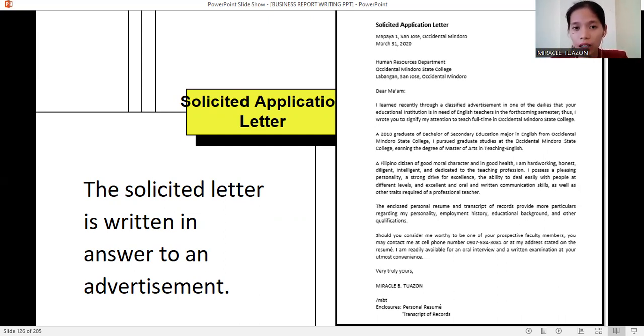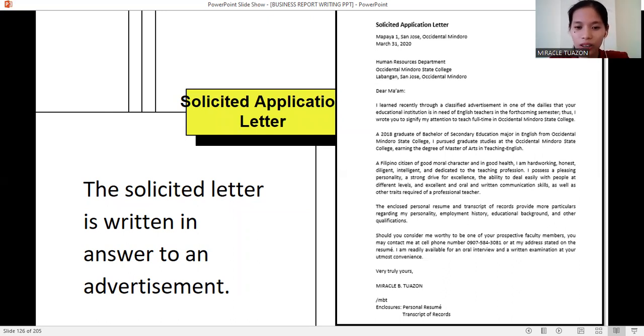So ganyan po. Next part ng paragraph ay, ayan na. Nag-enumerate na siya ng kanyang qualification. A graduate, o kailan siya graduate, ano ang undergraduate niya or bachelor's degree. And then, nag-pursue ba siya ng graduate studies? Next, yung citizenship. Yan. The health status. And enumerating the characteristics and the traits.